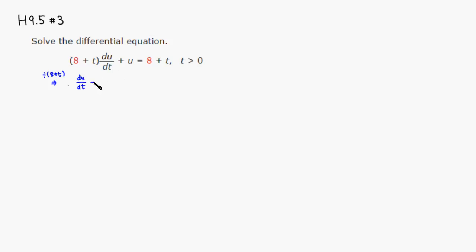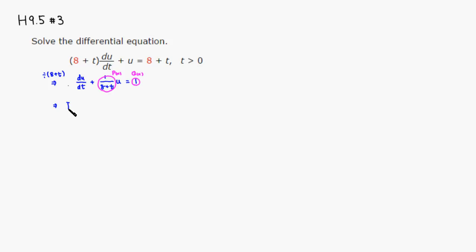So you're going to get du over dt plus 1 over 8 plus t u is equal to 1. We can see that here this is our p of x, and 1 is q of x. All right, so let's find the